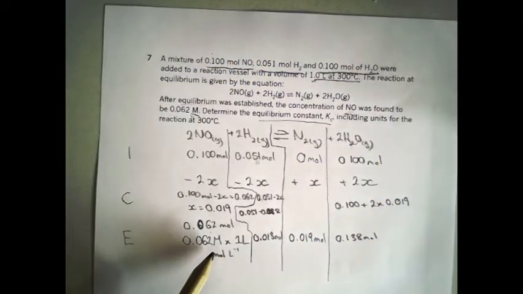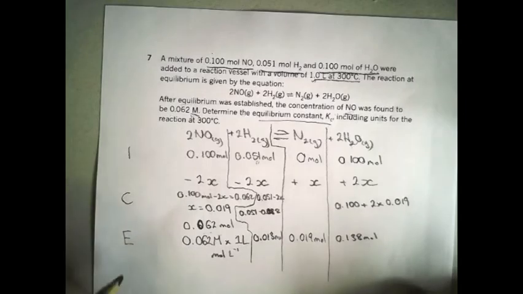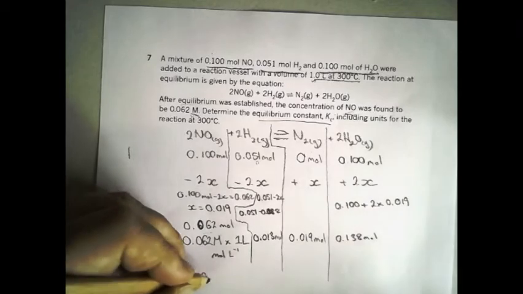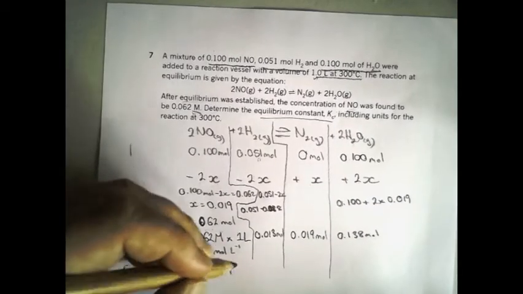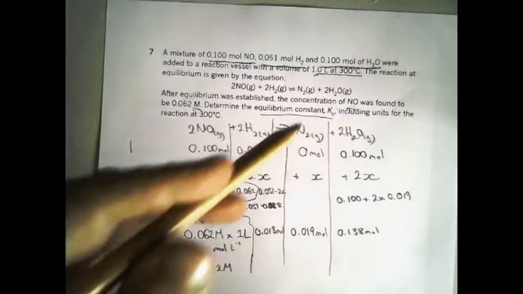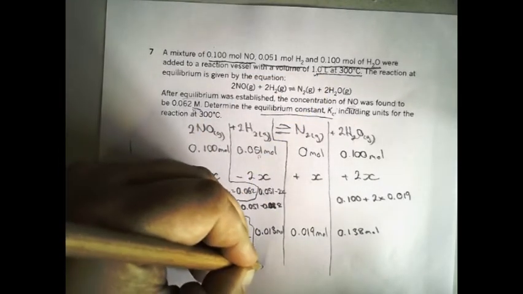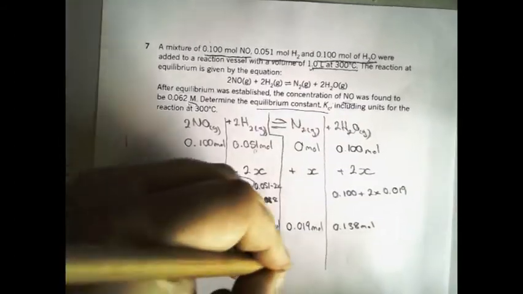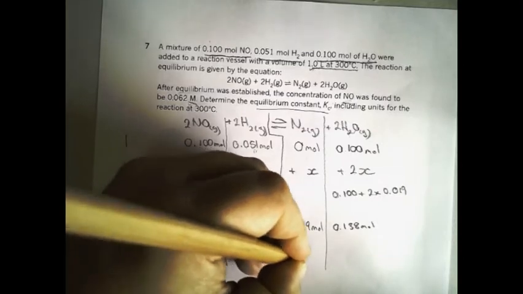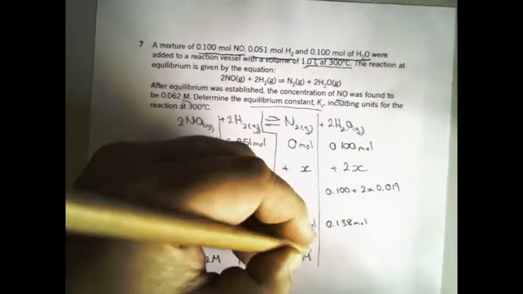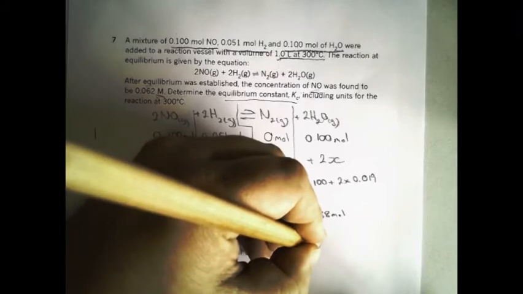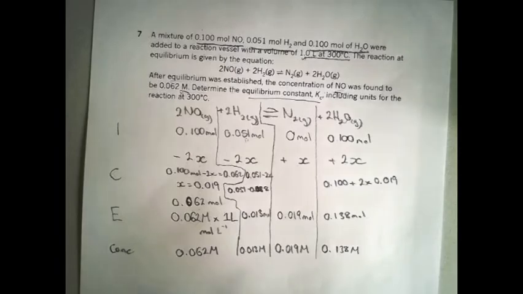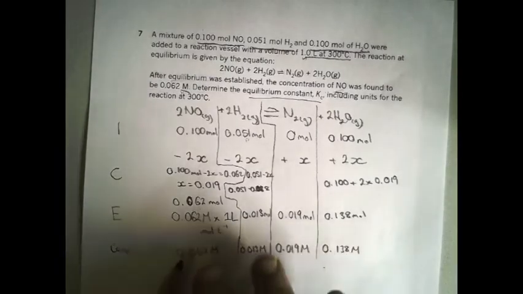And now we wanted to bring it back to our concentration, right? Well, we were given this concentration, 0.062 molar, right? Moles per litre, it's 1 litre, so therefore it's the same number really, isn't it? Because we divided by 1.13 molar. 0.019 molar, 0.138 molar. Alright, so now we have the concentrations of each of these gases